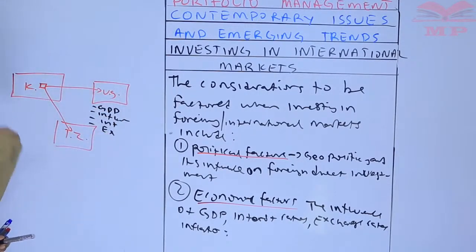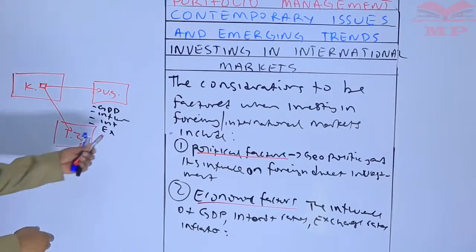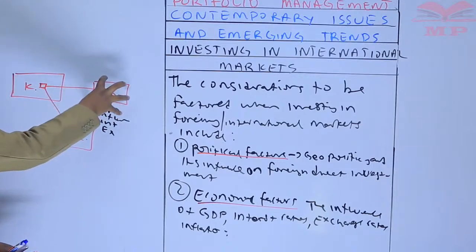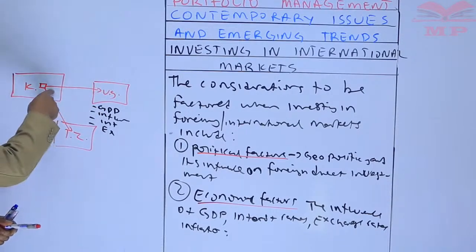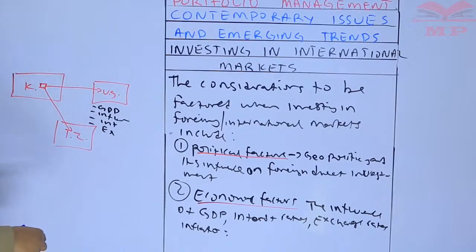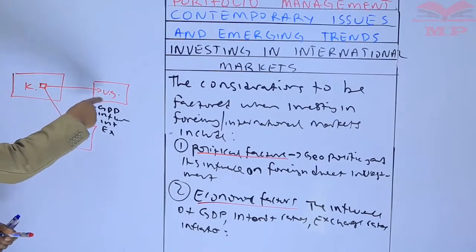You don't want a high amount of inflation, because the purchasing power in Uganda and Tanzania, if you put it on a Kenyan scale, might be quite expensive for Kenyans to invest in Uganda. The prevailing interest rates, say the 10-year bond yield or the lending rates within Uganda and Tanzania, might not be favorable. The exchange rates, Kenya shillings to Uganda shillings: if the Ugandan shilling is strengthening more than the Kenya shilling, then that would present an opportunity for Kenyans to invest in Uganda shillings, because we're seeing the Ugandan shilling strengthening against the Kenya shilling.